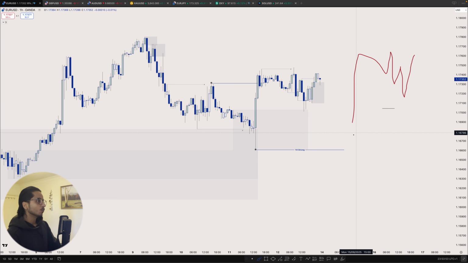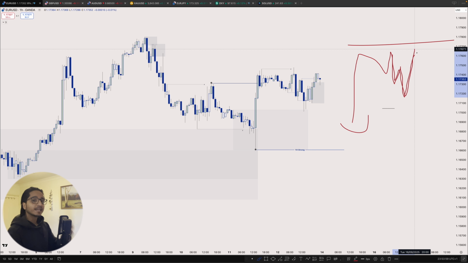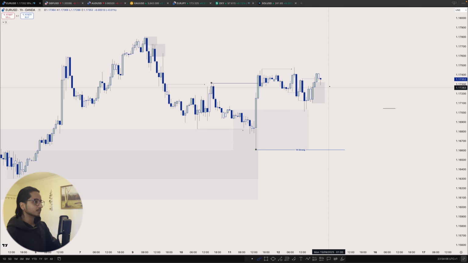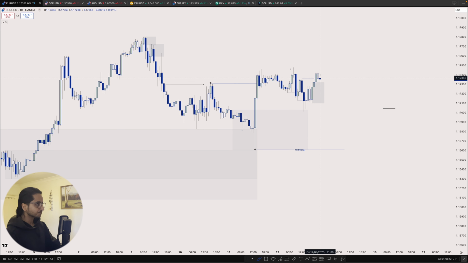Why? Because overall bias is bullish, and this is the larger range. We got this internal pullback, internal has switched bullish. Now internal is aligned with the swing. That means this high is weak now. So also with this demand in control, I'm fully expecting buys, okay?